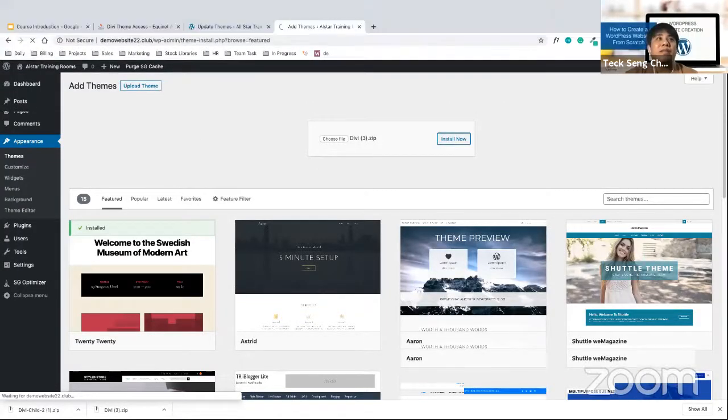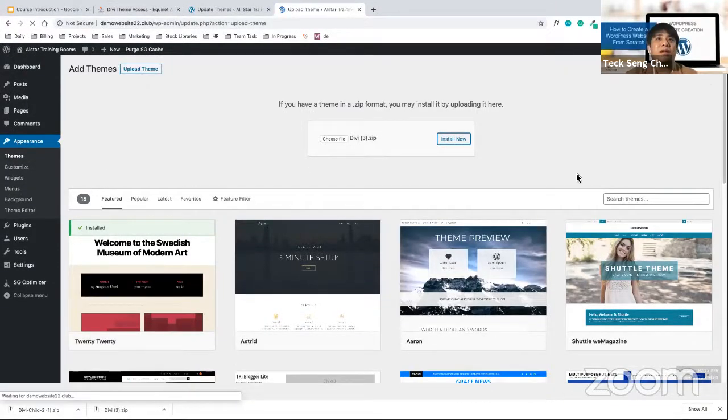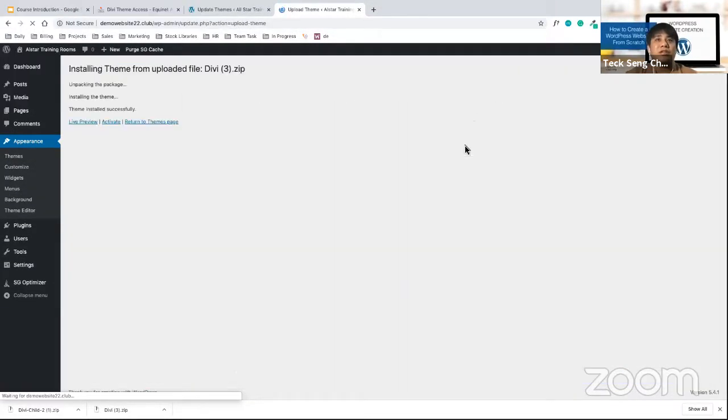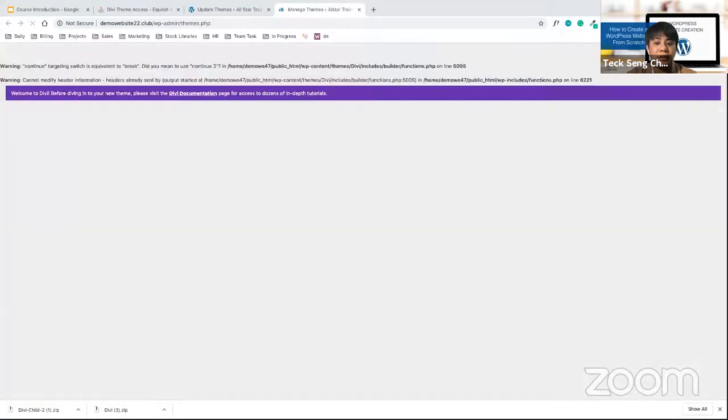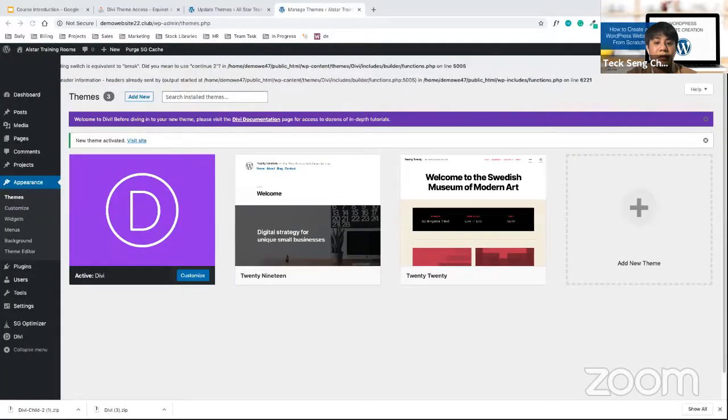Okay, so Appearance, Themes, Add New, Upload Theme. Then I already uploaded it. Click on Install Now. Once I install, I just click on Activate. Then what I need to do next is to add new again.